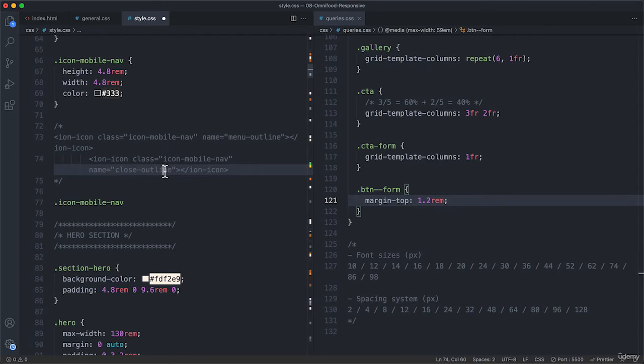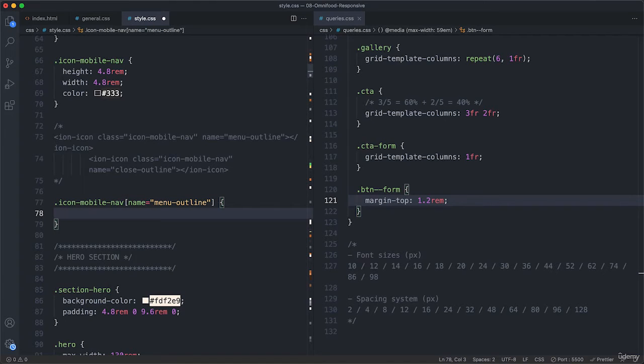And so we can actually select in CSS based on attributes. So for example, like this name one here. So the way we do that is with these square brackets, and then we simply write this. So we can simply write name equal menu outline,